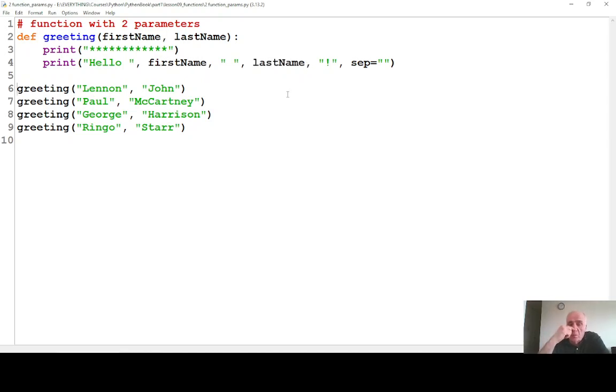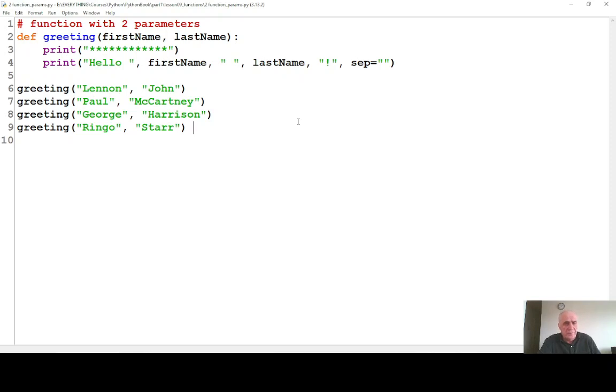Later on, when you call your function, you provide actual information to be printed. We call this arguments. So arguments is what you provide when you call your function. Parameters, or sometimes we call them formal parameters, that's what you define in a function definition. Parameters are placeholders, they are formal, but arguments, they are actual data your program